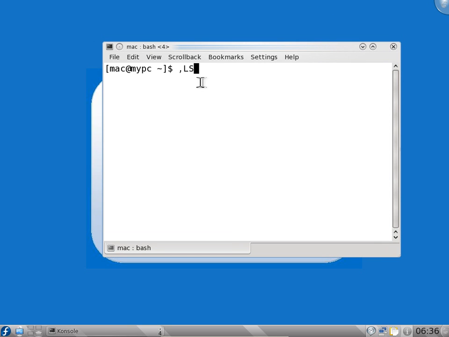So you can type ls. It should be a small letter. ls is a command. But before getting into ls, we'll see pwd. This is print working directory. It will give you the current directory which you are in. So print working directory gives /home/mac.